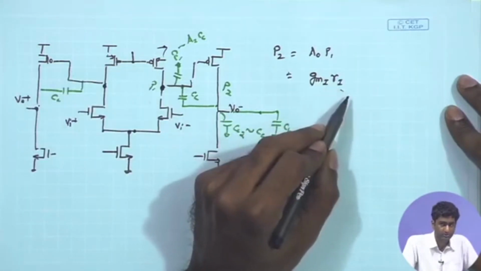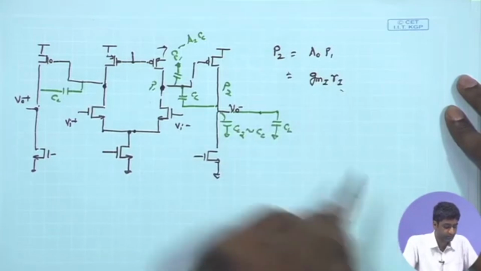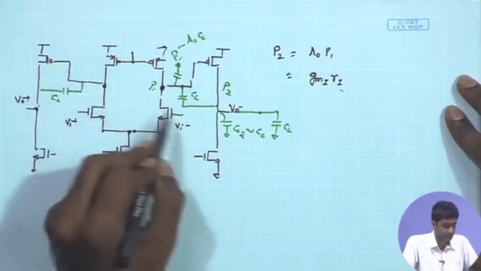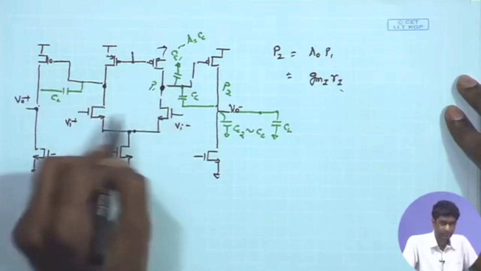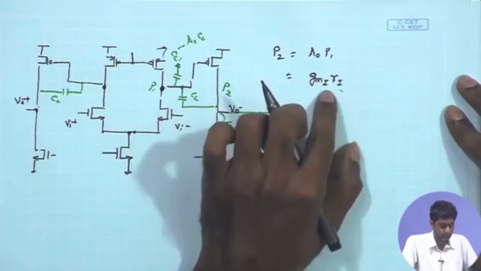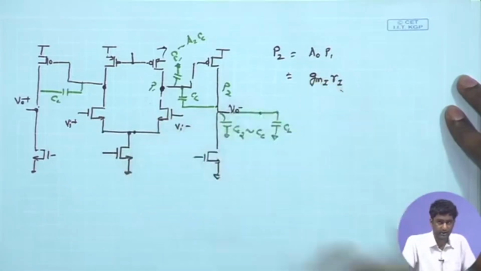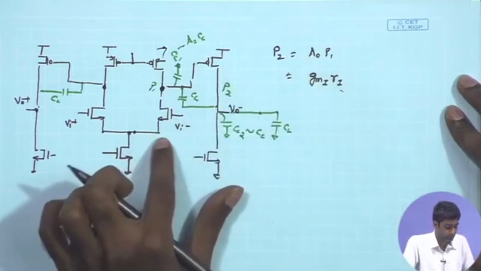and that is what I am mentioning as R1, the small signal output resistance of the first stage effectively, and GM1 is the transconductance of the first stage. So, GM1 corresponds to the transconductance of the input pair. Here the subscript denotes the stage, the first stage GM1 R1, and then you have the second stage, the